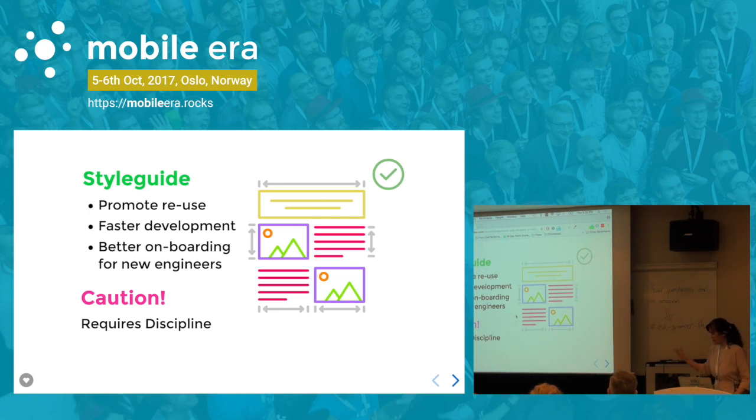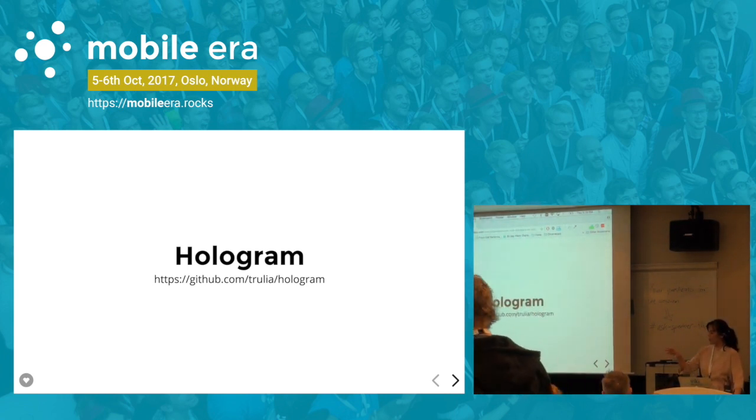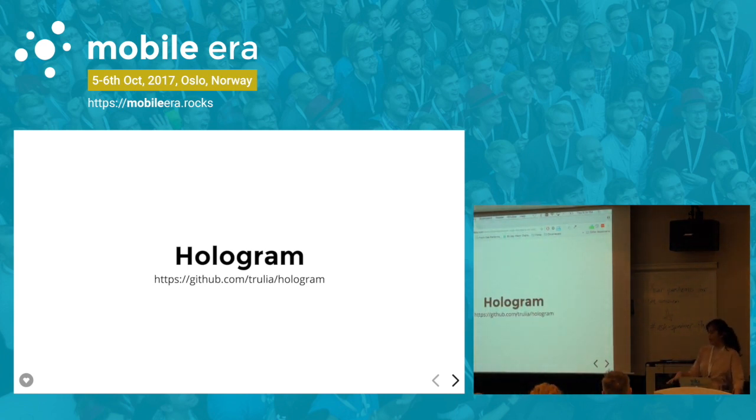But one thing that you need to be aware of with a style guide is that it requires a lot of discipline, which me and my team are still struggling with, because sometimes whenever we create new components, we forget to update the style guide, which is not very nice. You want to have a style guide that is continuously updating, and it should always be up to date. So you need to make sure that you're disciplined when it comes to this. So in terms of style guide tool, we're using Hologram, and Hologram works well for us for the Rails stack because it allows us to document our style guide in the CSS code itself, and then at the end, you just run a command, and it will generate the style guide for you,